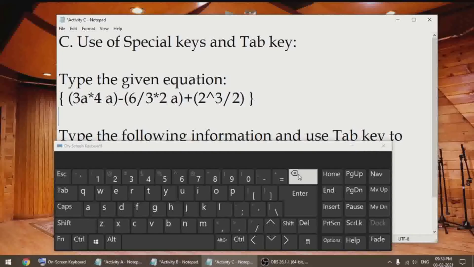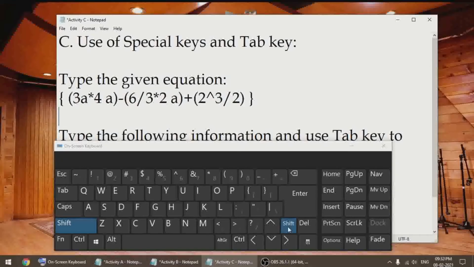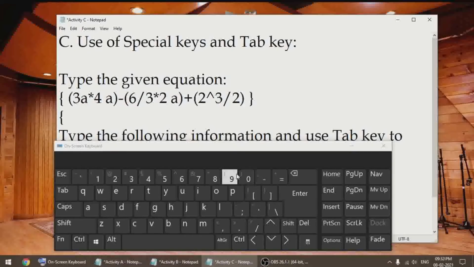Very simple way to do that. Hold down the shift key. It can be anyone, either this or this. Hold the shift key and press this. I hope you understood what the shift key does. It helps us to enter all the special characters. That means the characters that are already given on a key on the top. We already have a curly bracket. Now we have to give a space. So press the space bar.